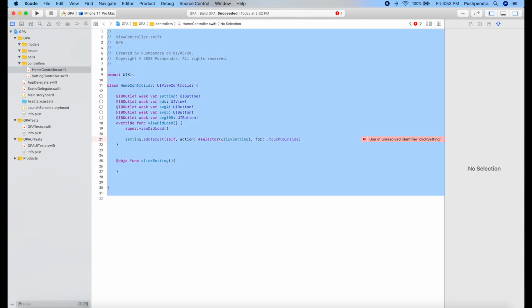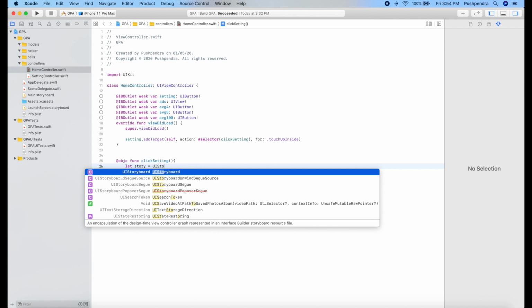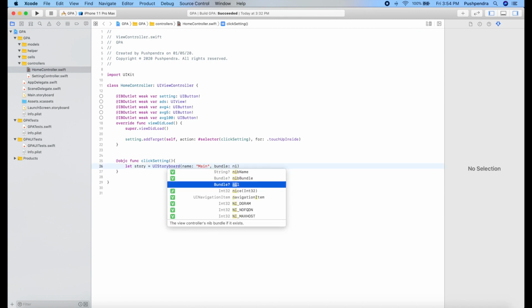Now here I have to write the code for calling that navigation. Okay, here I'll take storyboard equals UIStoryboard, and the second one, name, I will give main, because our controller exists in the main storyboard.